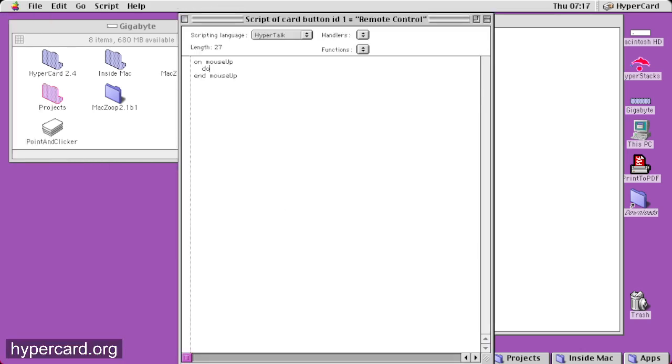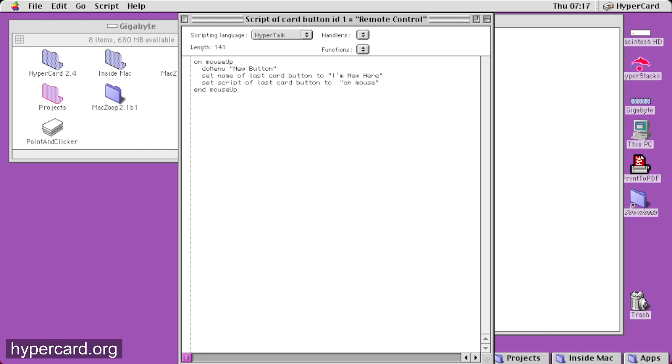So what I can do is trigger menu commands with a do menu command, like do menu new button, and then I can say set name of last card button to I'm new here, set script of last card button to